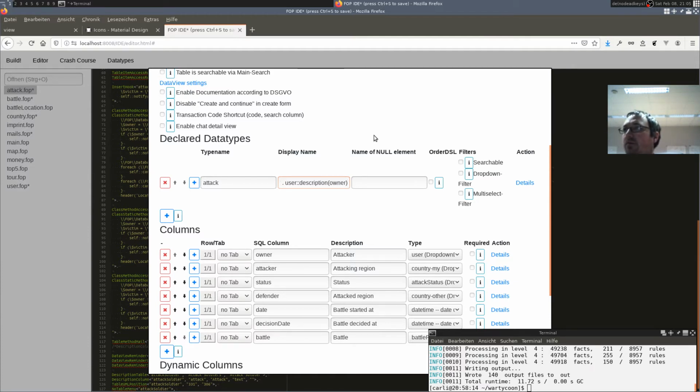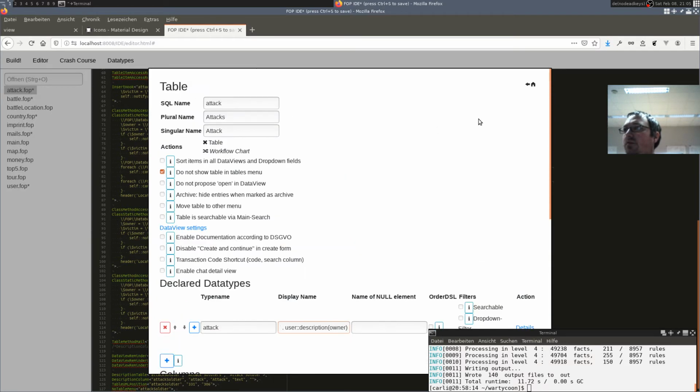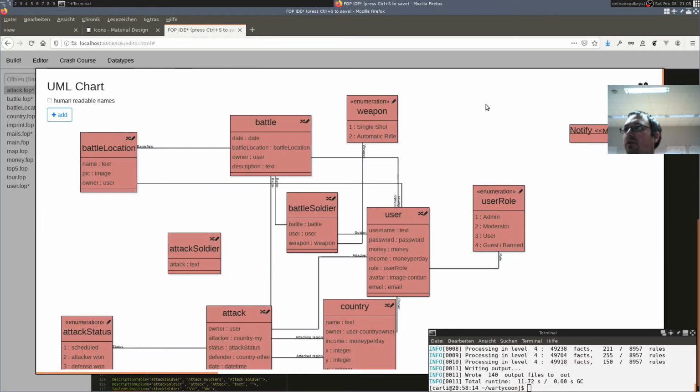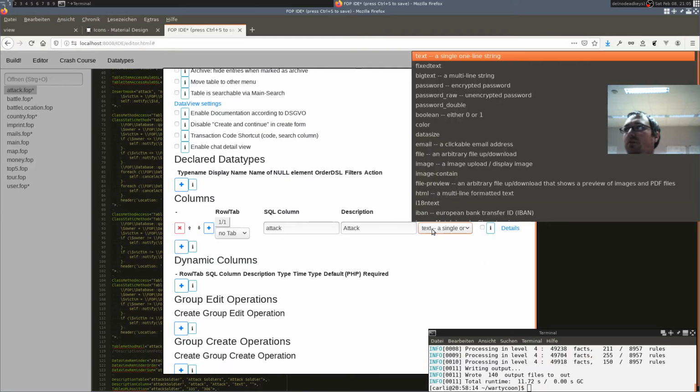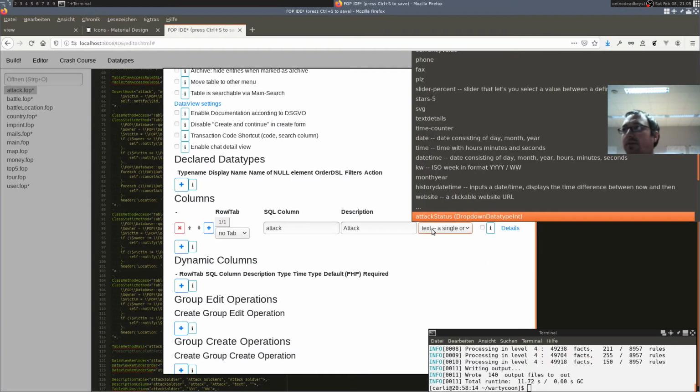Yes, this is our attack data type. So an attack soldier will involve an attack